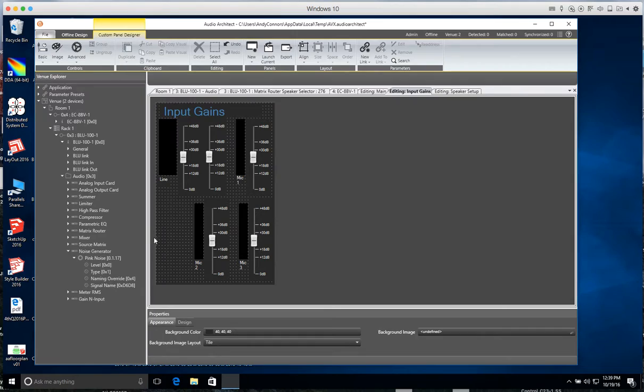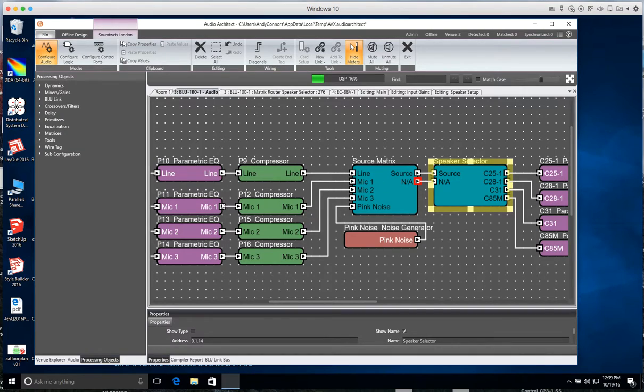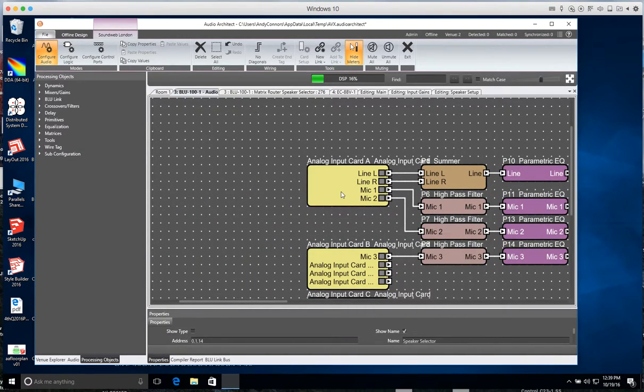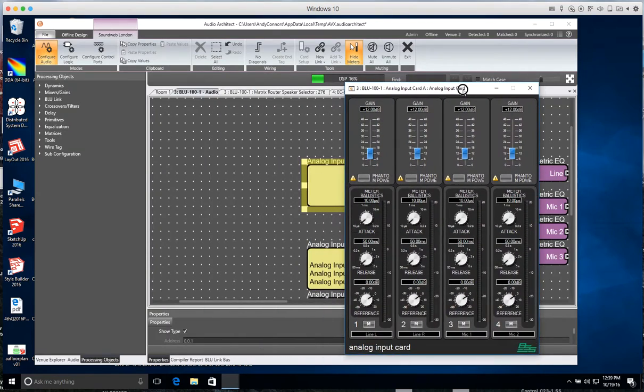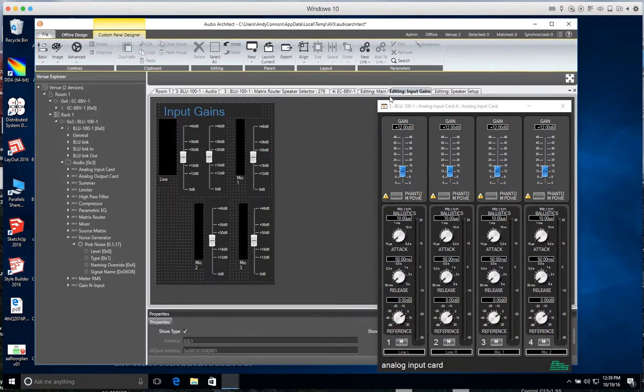So second one is input gains. I put meters here. So this is the input gains, so you don't have to get your computer out to set the gains of the SoundWeb. You can do it from here. So these are tied to here and here. Double click that, move it over here, go back to input gains,